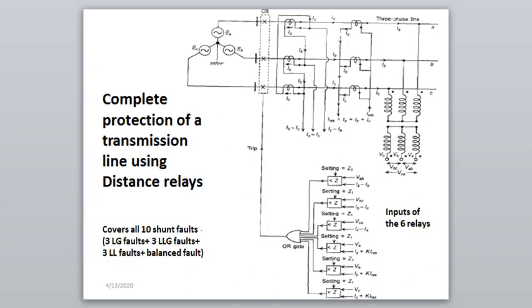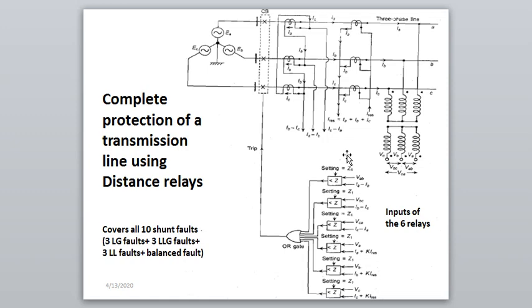We can see the complete protection of a transmission line using distance relays. You can refer to the book I have referred, that is by E.G. Pathankar and S.R. Bhide, Fundamentals of Power System Protection. It gives you this circuit, and you can refer for different types of faults. All types of shunt faults are derived there, and we can see for detecting all these faults we need only